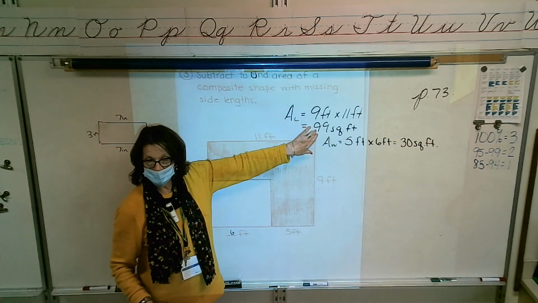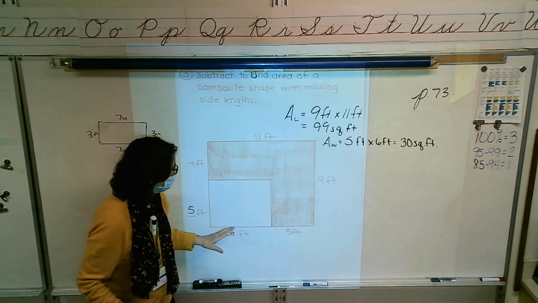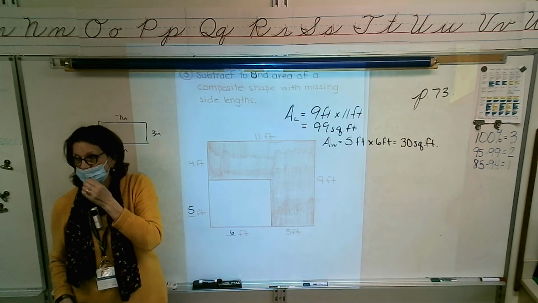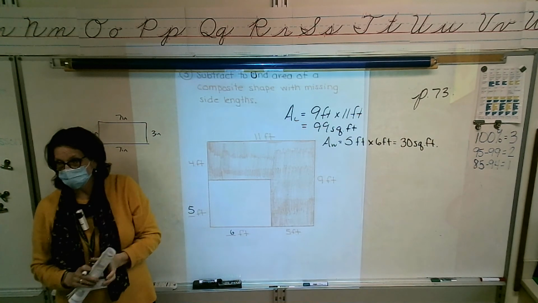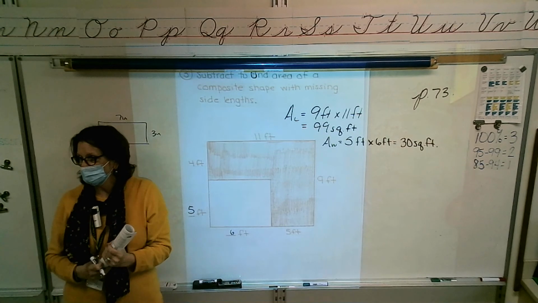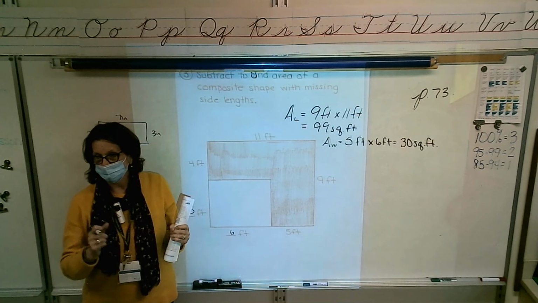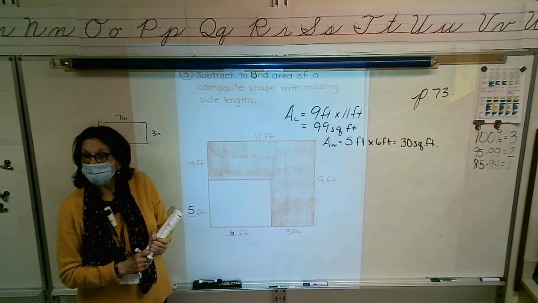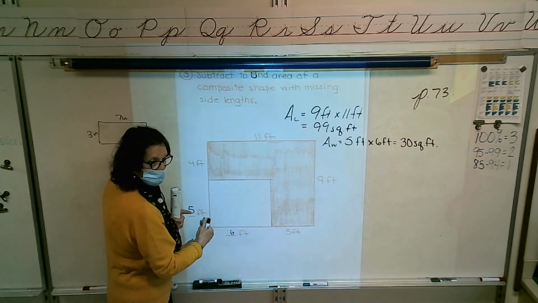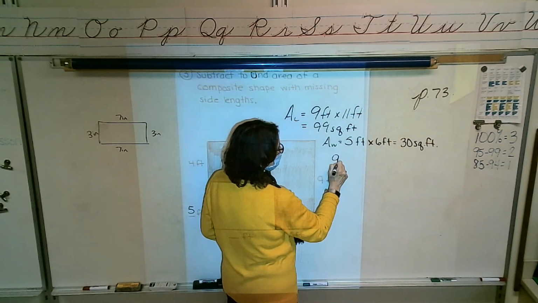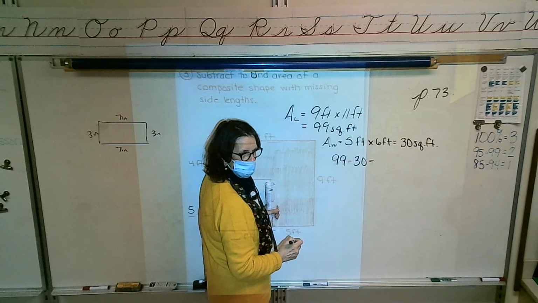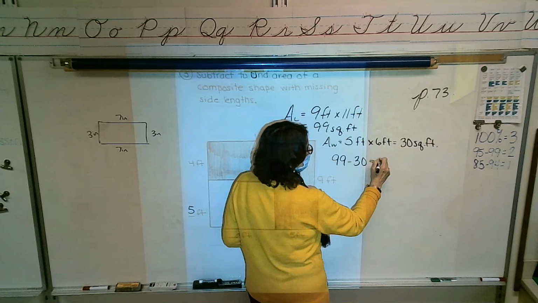What does 99 square feet represent? The entire thing. So what will you do with those two numbers to find just the shaded part? 99 and 30. What can I do with them to find just the shaded part? Isabel? Subtract. Very good. It's like taking the whole thing and taking scissors and just cutting this out. So our next number sentence will be 99 minus 30. 99 minus 30, that's easy. 69